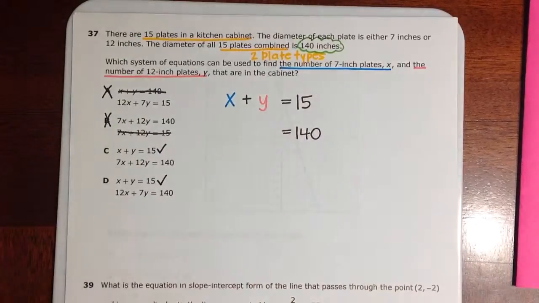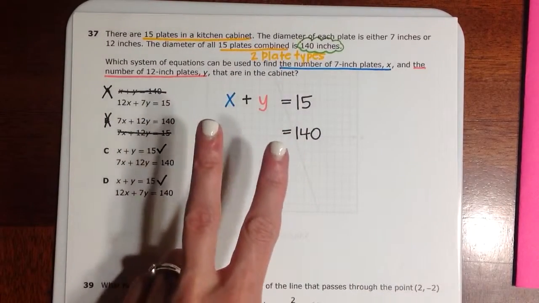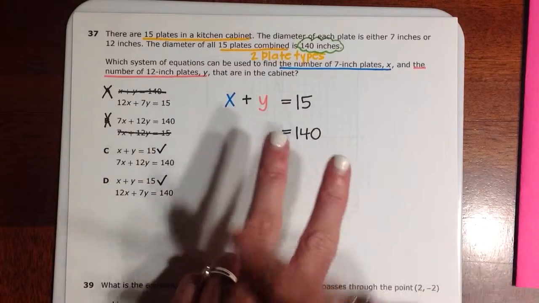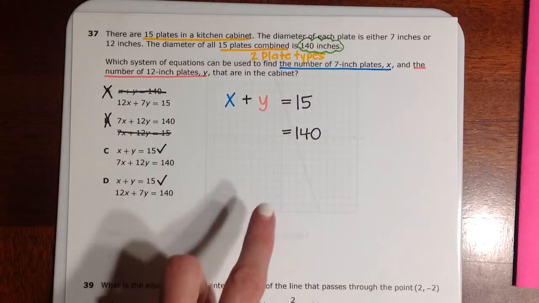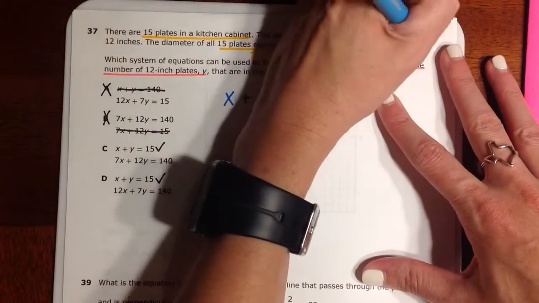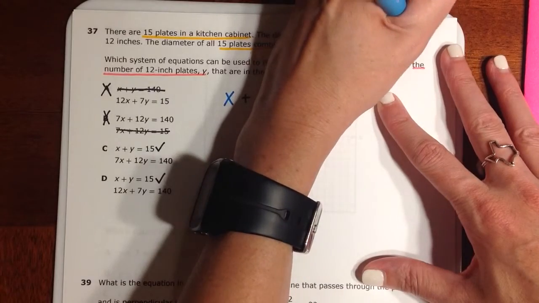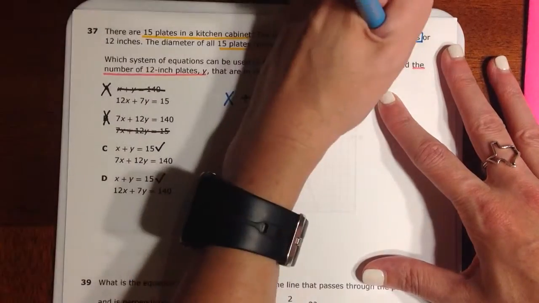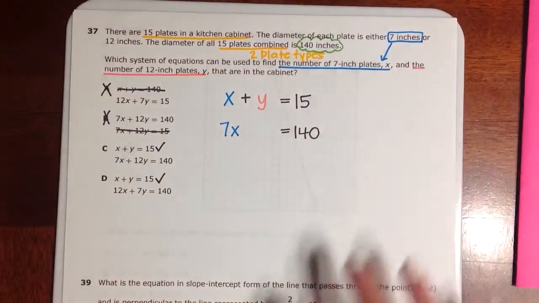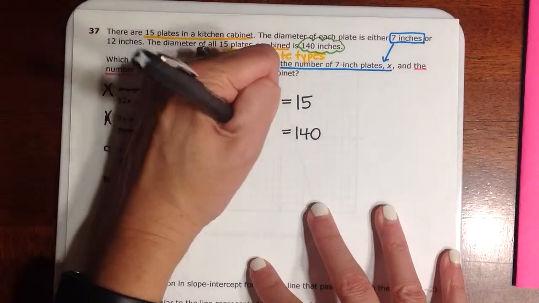If I have two 7-inch plates, I have 7 inches for this diameter and 7 inches for this diameter, a total of 14 inches. So in our equation, we need to make sure that we match up the 7 inches with x. So it's going to be 7x,